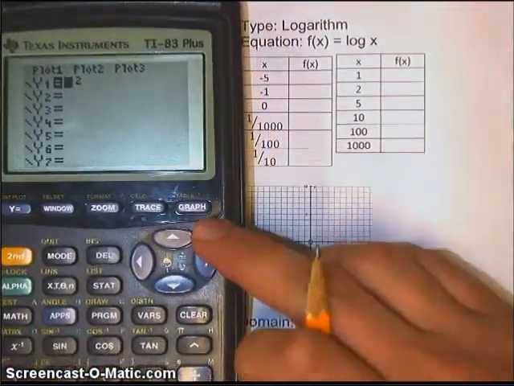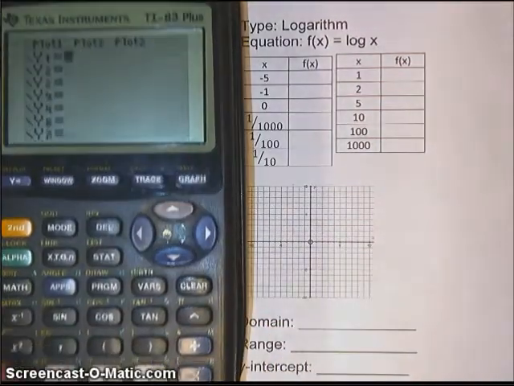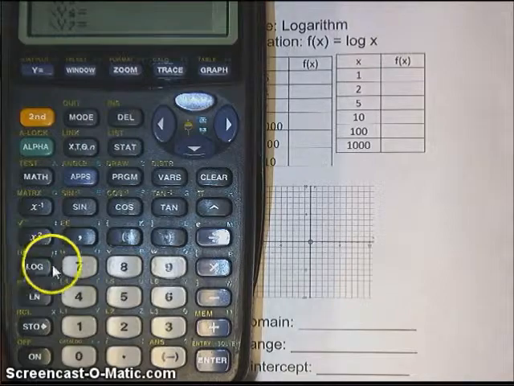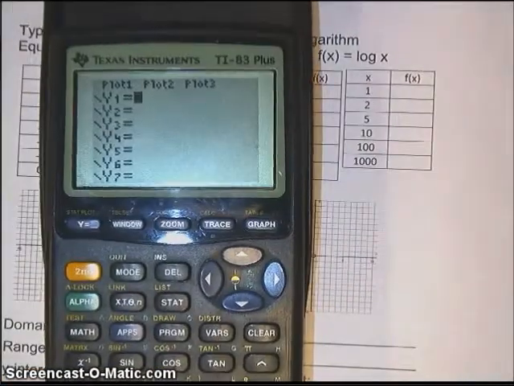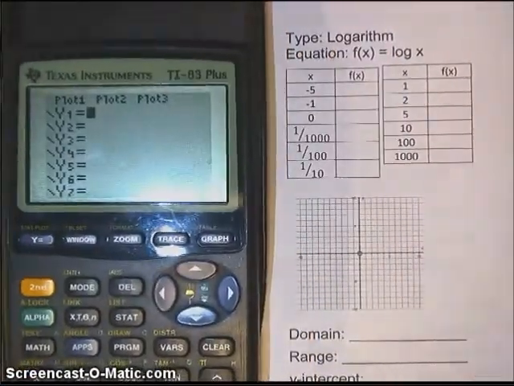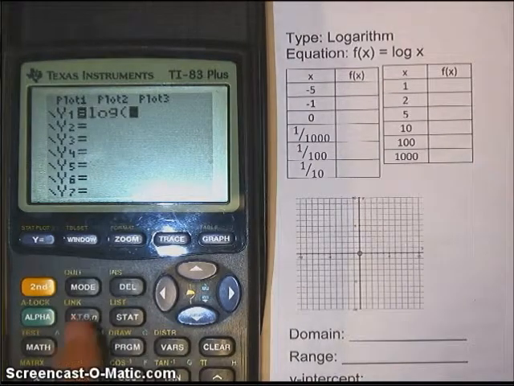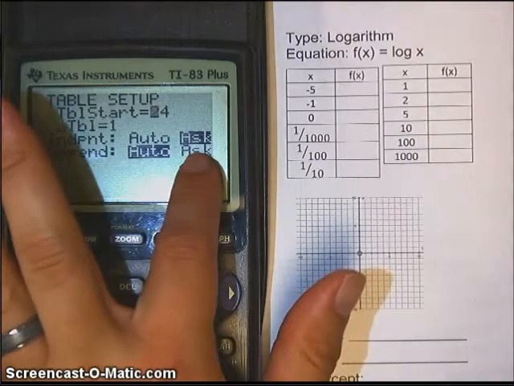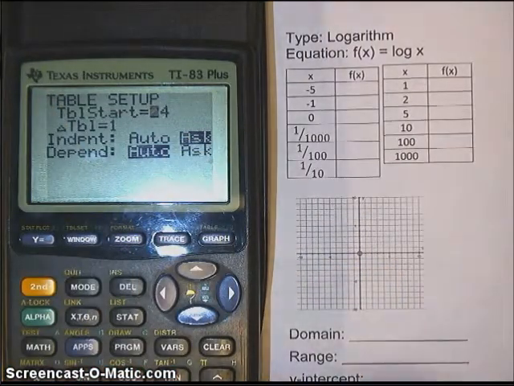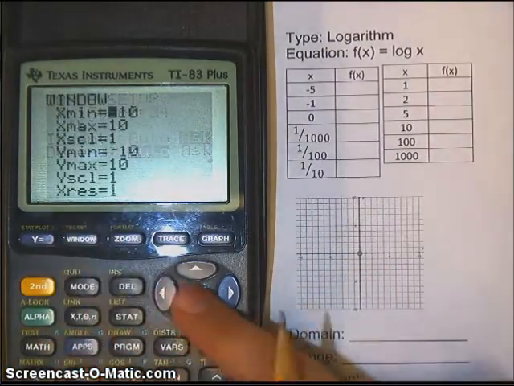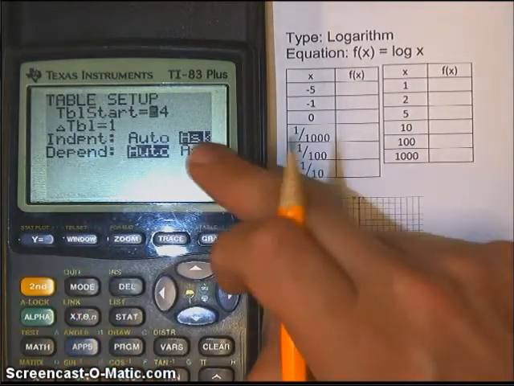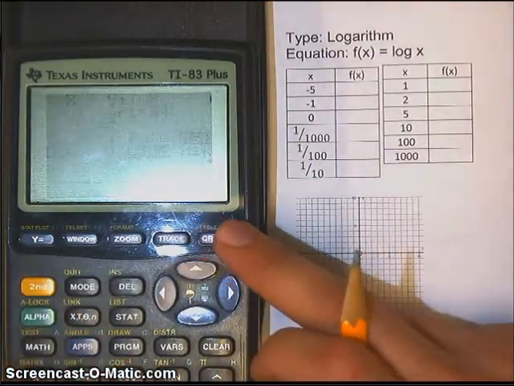I'm going to go back to y equals, and I'm going to press the log button, which is right here. There's your log button. And I'm going to do the log of x. And window, okay, it's still asking me. That's good. I changed that to ask: second window, table set, ask. Now if I go second graph,